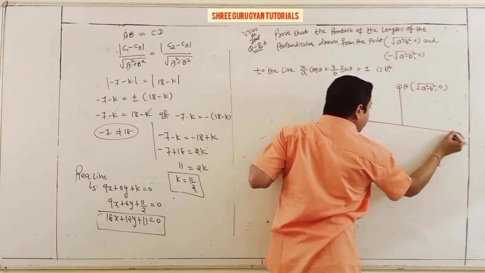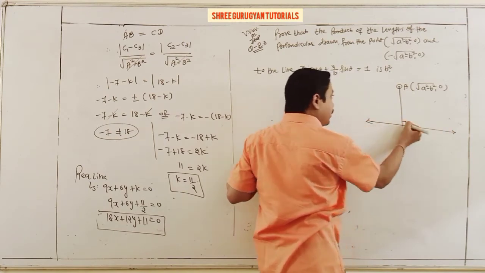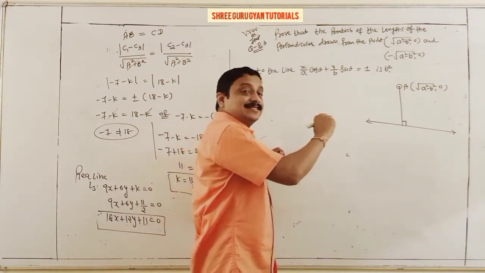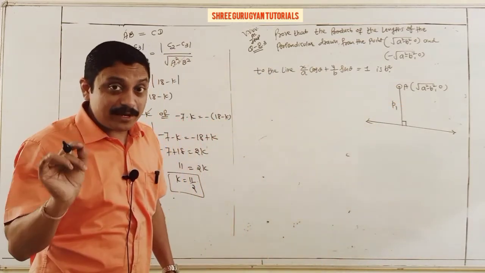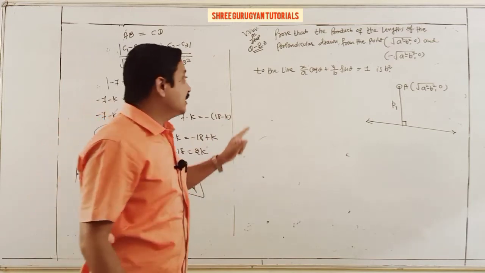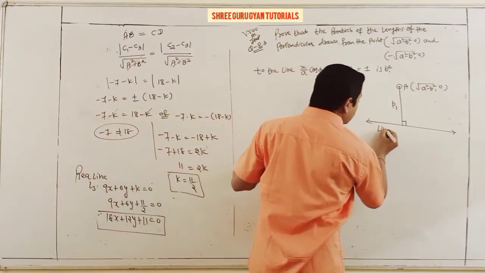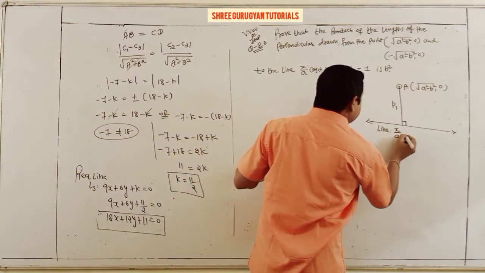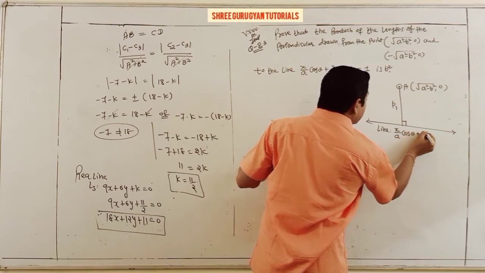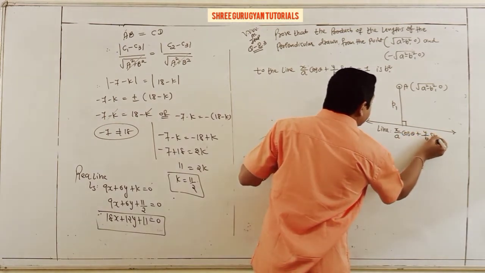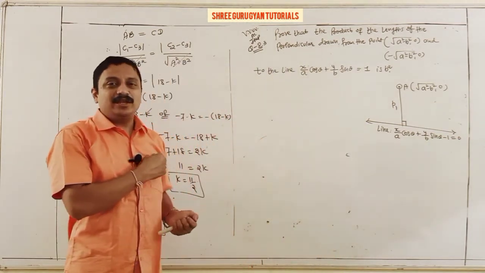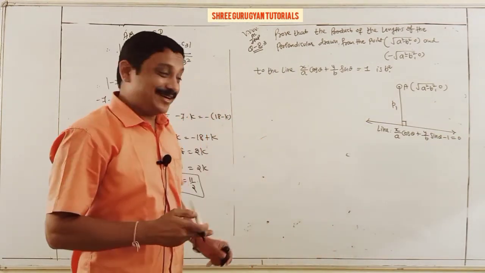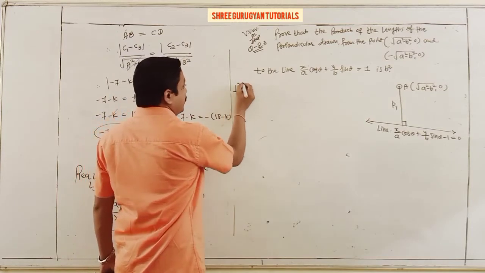Students, one of the lines given has a perpendicular distance, and that distance I consider here as P1. Same as I take P2 for the second point, and my line is x by a cos theta plus y by b sin theta minus 1 is equal to 0. And you know the formula for perpendicular distance? Yes, perpendicular distance